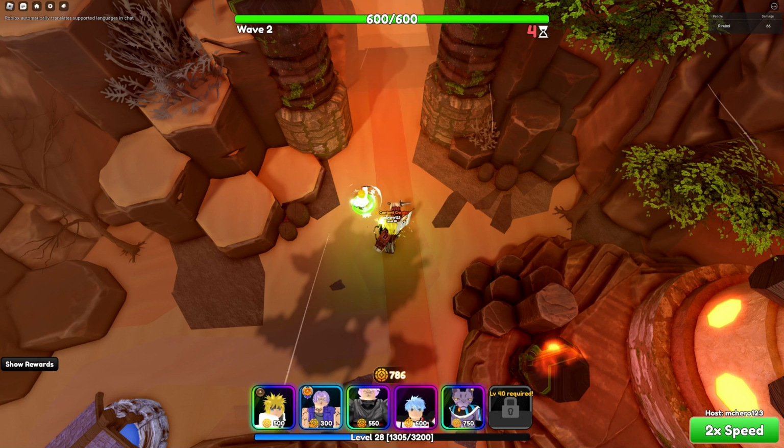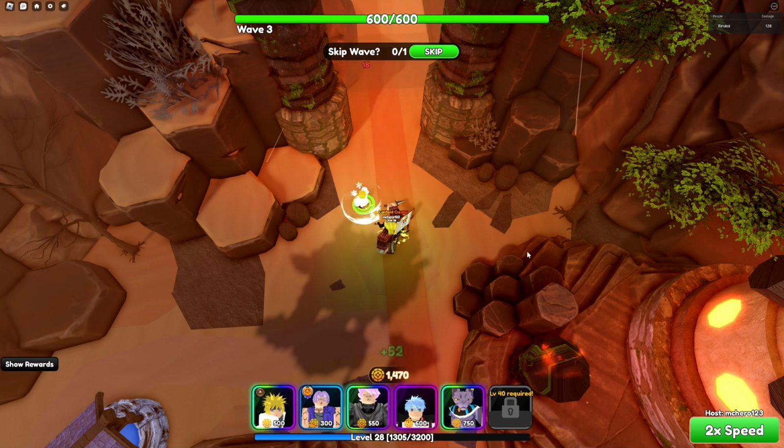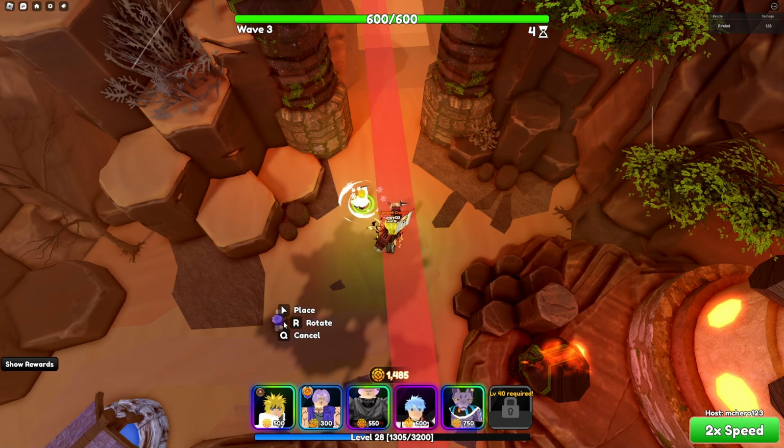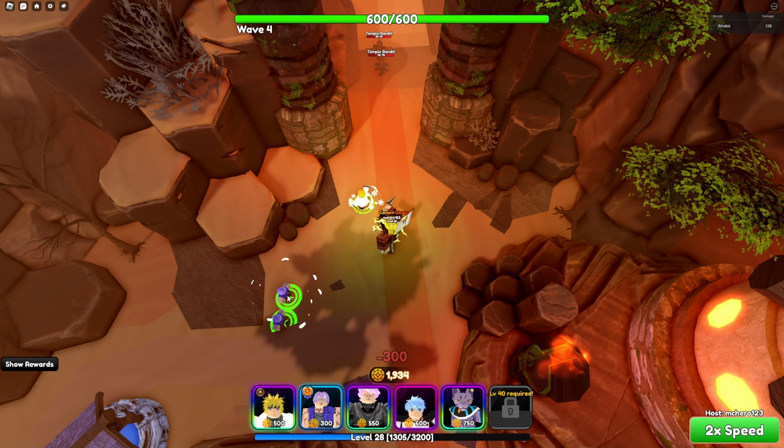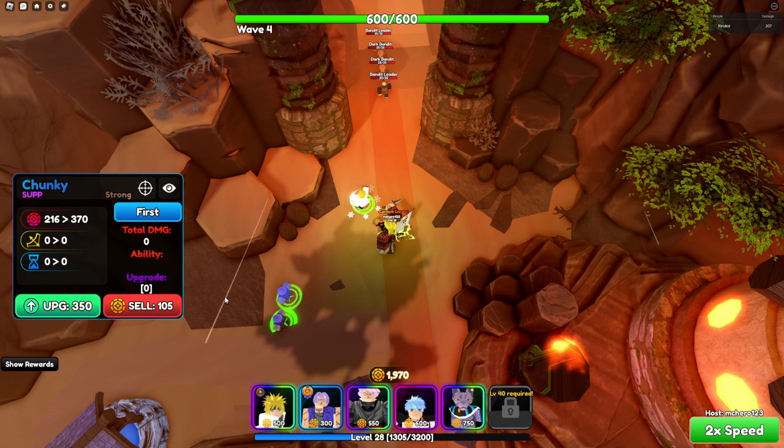Koi here. Today we're going to be playing Anime Power Defense, and today I'm going to be showcasing Beerus. Now, Beerus is just one of those characters that is just so good, hands down. Probably one of the most impressive characters they have dropped yet, and I'm very excited to showcase him for you